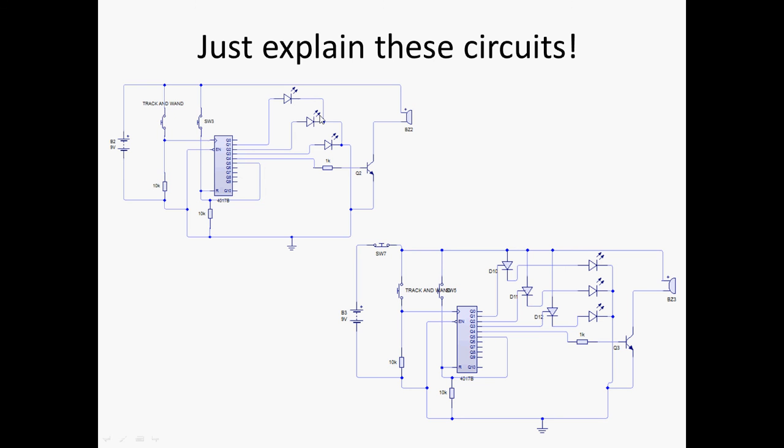So I've got 1, 2, 3 lives. My fourth touch, if you like, will turn the buzzer on via the transistor. So on the fourth life, I'll get a buzzer sounding. At any point, I can press that button to reset it. This one is exactly the same as that, only